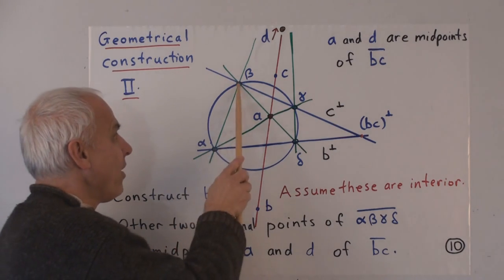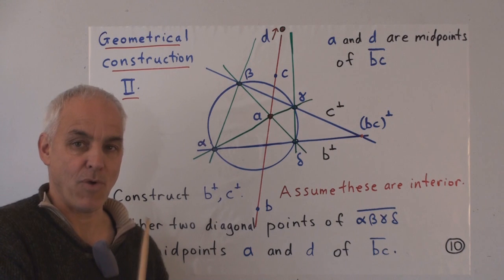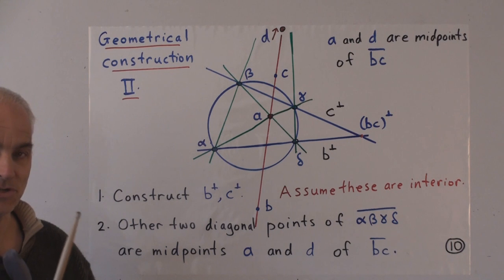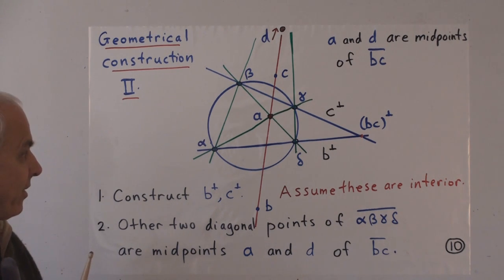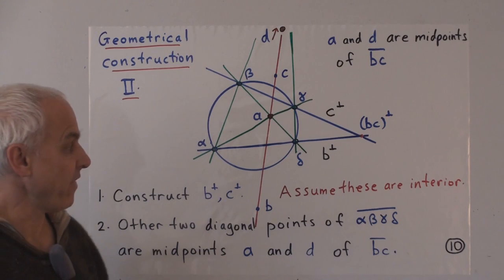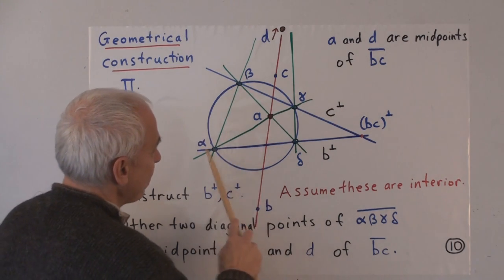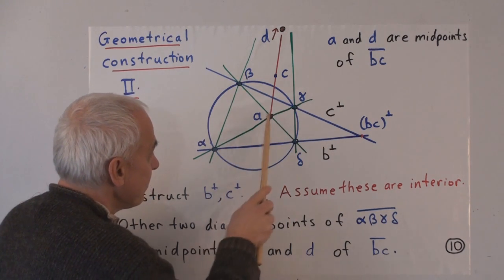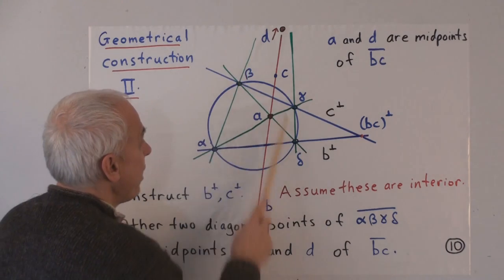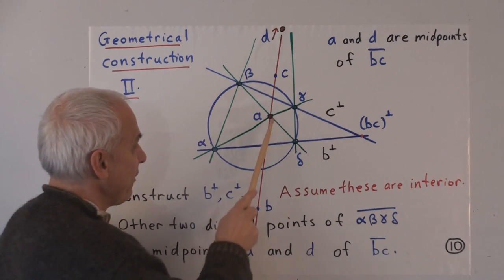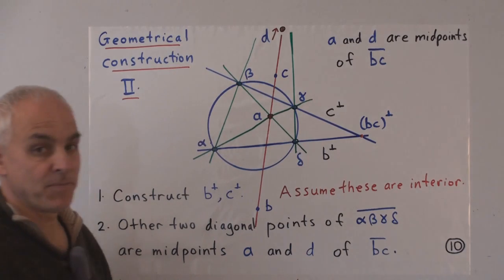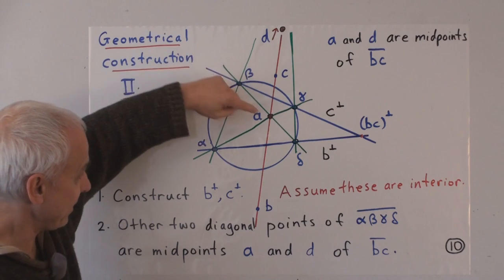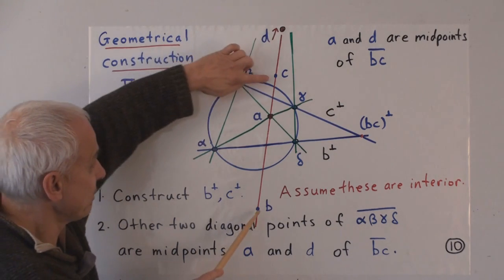So now we have a new or different kind of quadrangle of 4 null points. And we can use that quadrangle to construct midpoints just like we did the previous quadrangle by finding diagonal points of that. So one diagonal point formed by these opposite lines we've already got. The other diagonal points, one there and one up there, giving us a new point A and a new point D. And you can check exactly the same kind of argument that I was discussing in the last slide, that A and D will also be midpoints of B and C.